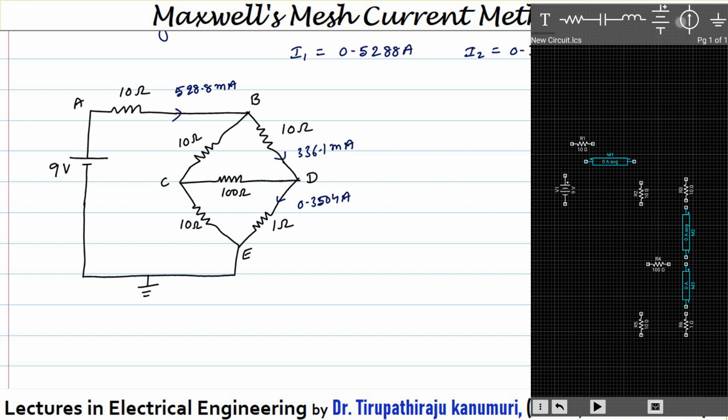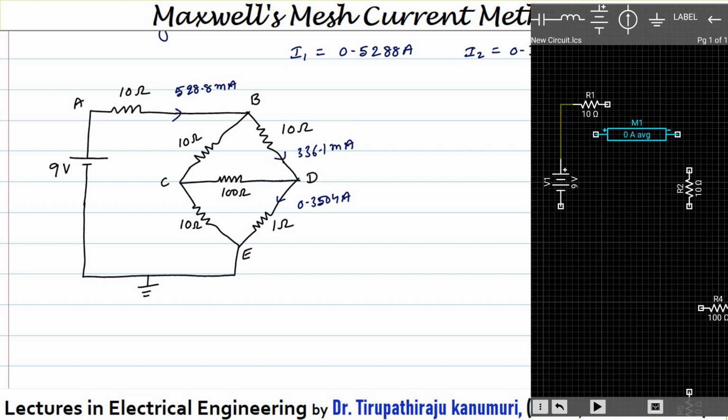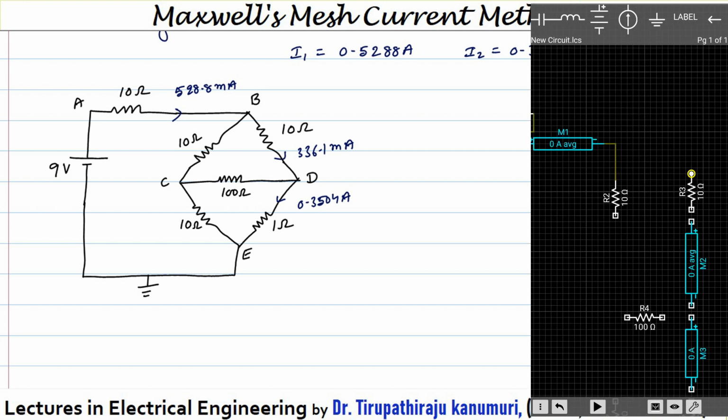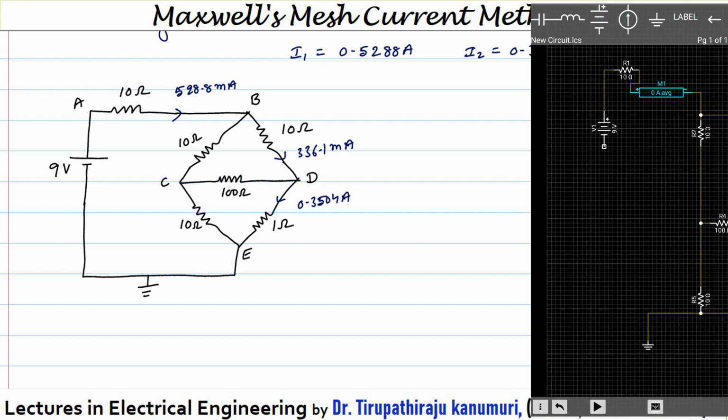Done. Now one reference point is also required, so I am keeping that reference point here. Now I am making the connections. First, the 9 volt battery is connected to 10 ohms. The secondary of the 10 ohms is connected to the ammeter, and the ammeter is connected to this bridge circuit. Then this 10 ohm is connected in series with the ammeter. These are connected together. This is connected here. Again this one will be connected here. This ammeter is connected in series with 1 ohm, then to 10 ohms. This is connected to ground, and the secondary of your battery will be connected to ground.